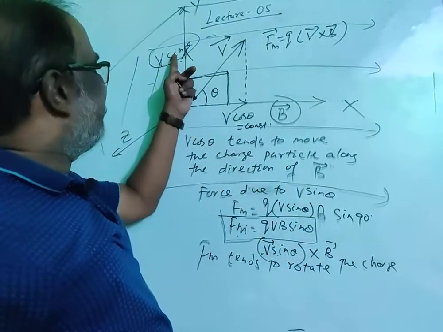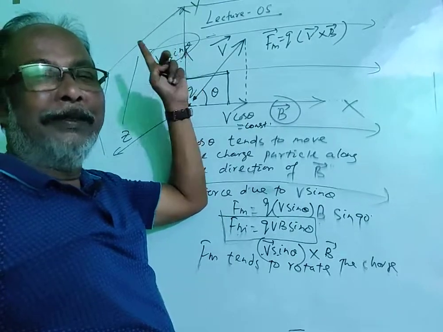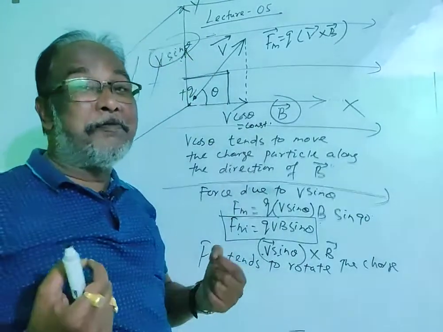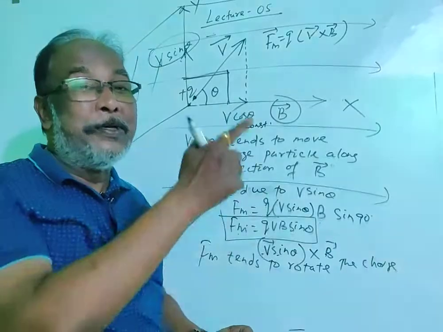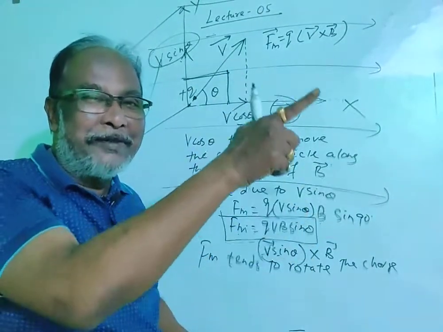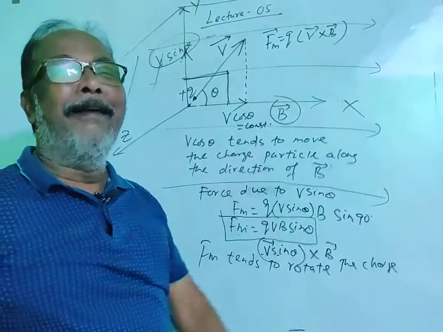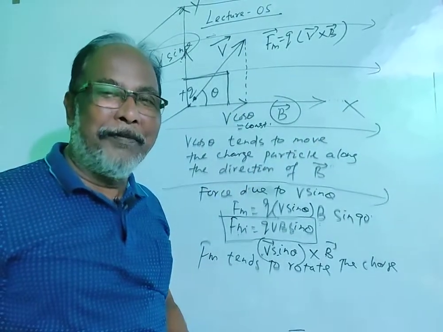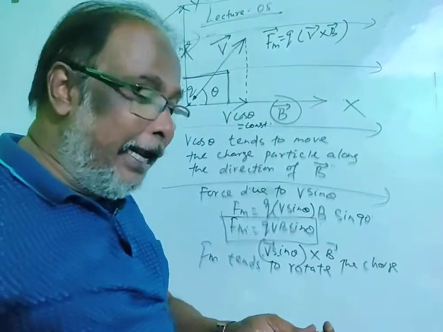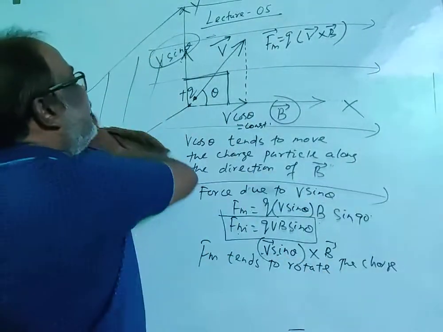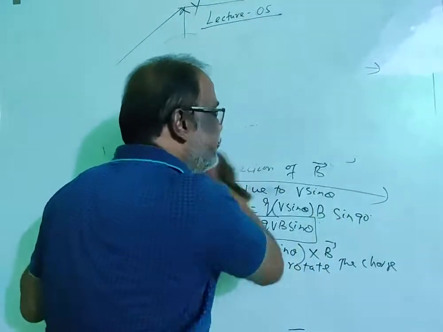So due to V sin theta, the charged particle will experience a force which will rotate the charged particle. Due to V cos theta, it will move along a straight line along the direction of magnetic field. So the combined motion, I am erasing all these. The combined motion,